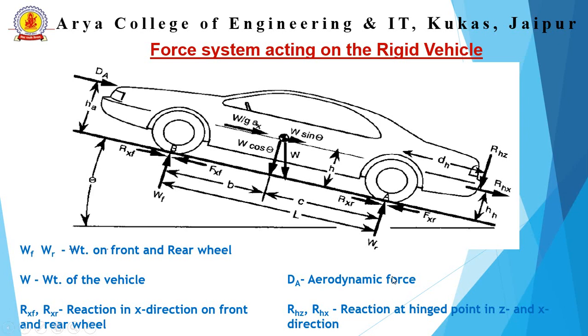Then RHX is the reaction at the hinge point in x direction due to the pulling of the trolley or any vehicle. As we can see, this is the wheelbase of the vehicle, that is L, and B is the distance from the front axle to the center of gravity, and C is the distance from the rear axle to the center of gravity. So by identifying the location of the center of gravity, we can identify the dynamics of force and